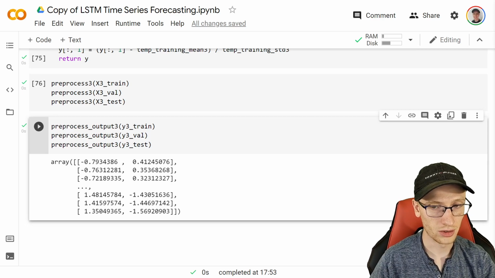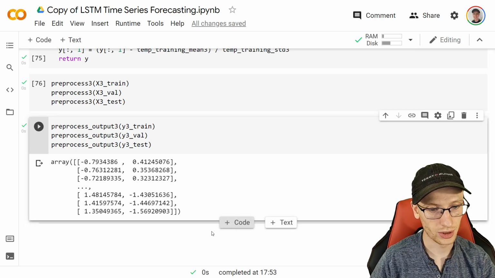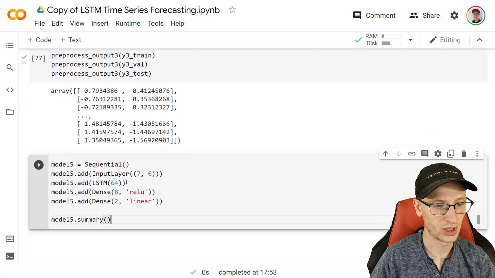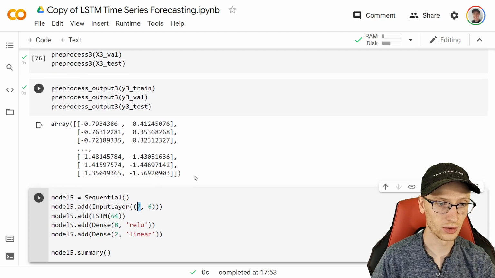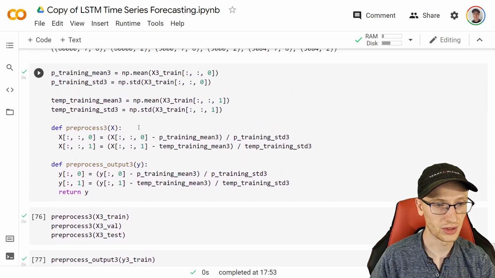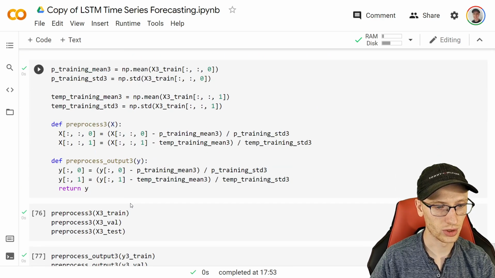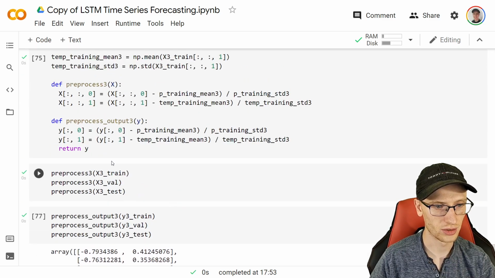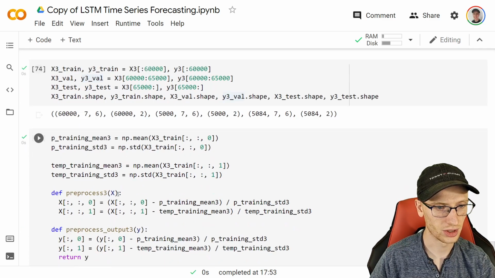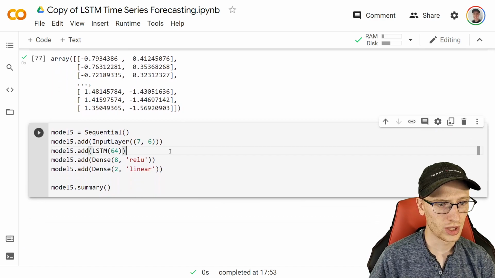Now it's going to be basically the exact same thing as above, so I'm very happy copying and pasting because it's not too much effort. The input layer is going to be, again, the number of the window, so then the window I changed that to 7 to match that 7 that we were using. And the value here, that is going to be the number of variables, which is 6, as is correct, as we can see from this 6 here. Okay, so we have all of that,